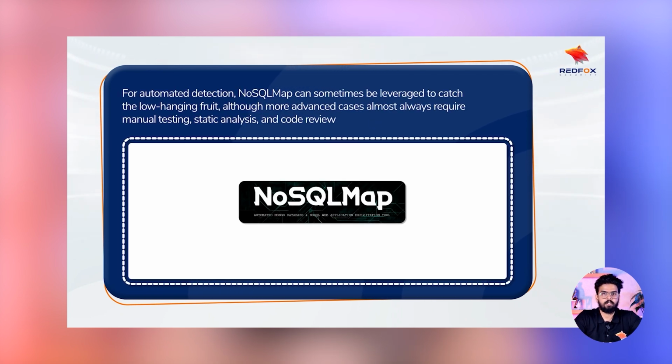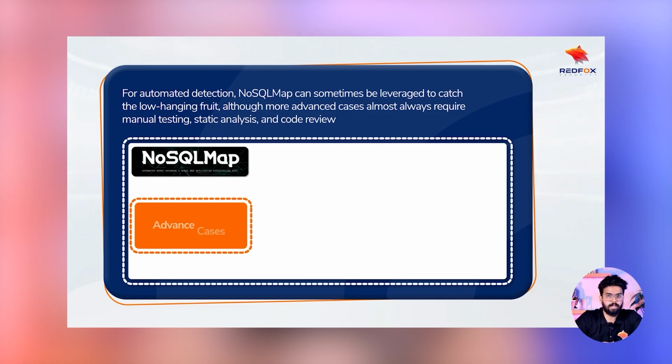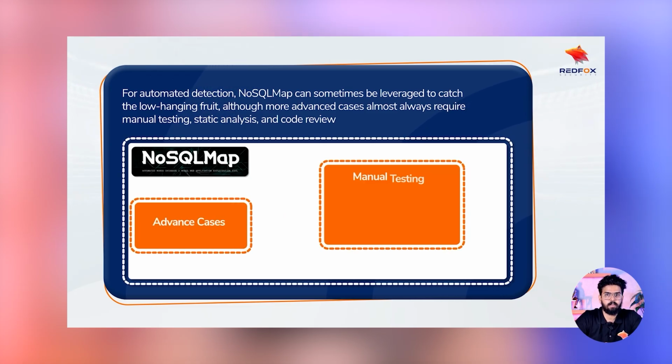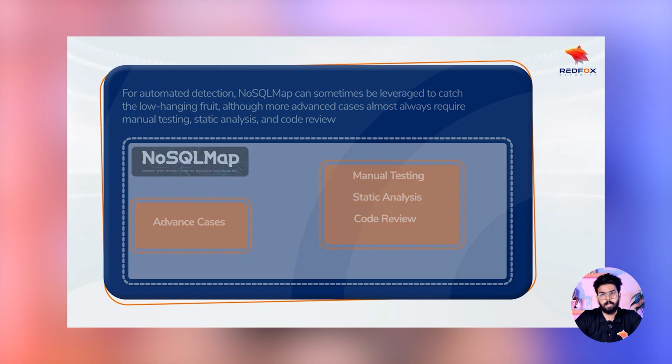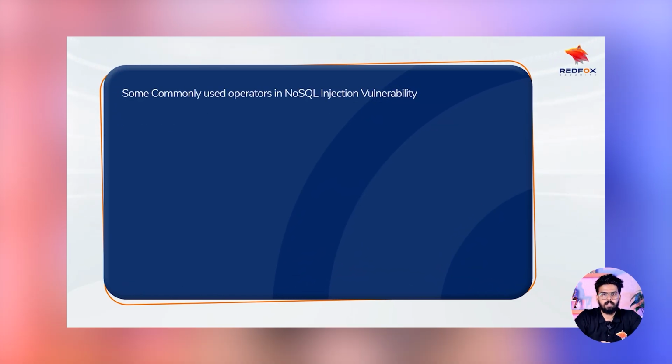For automated detection, NoSQLMap can sometimes be leveraged to catch the low-hanging fruit, although more advanced cases almost always require manual testing, static analysis, and code review. Some commonly used operators in NoSQL injection vulnerability: